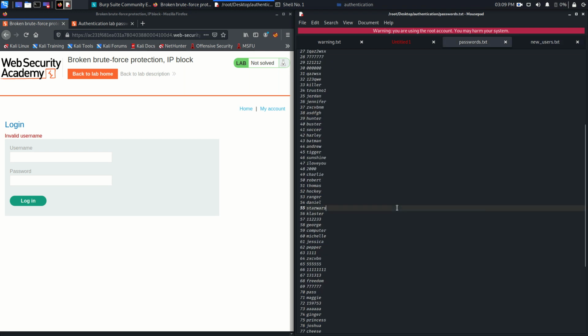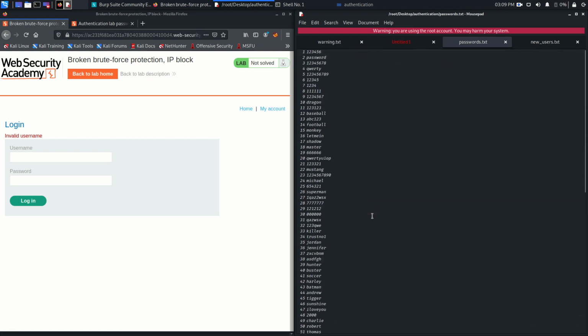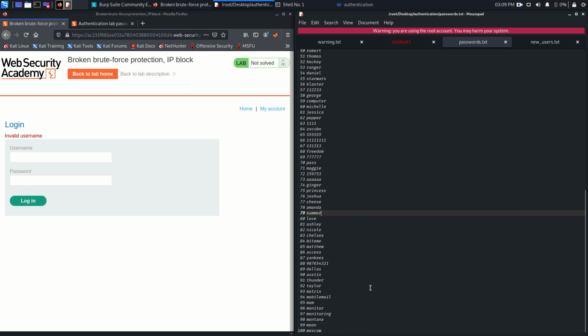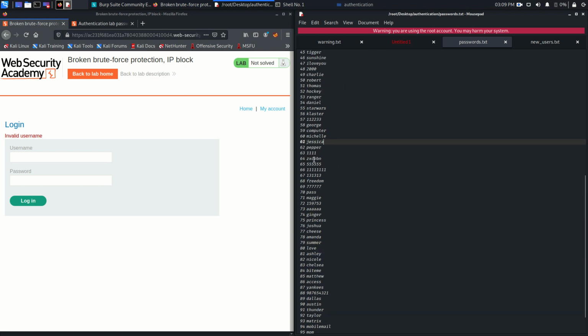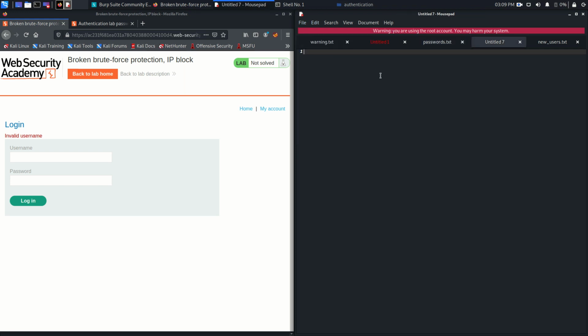Why do I need 200? Because in the password list, we can see 100 passwords are there. So if we put an alternate password Peter, then 123456, then Peter, then password, then Peter, then 12345678, then Peter, and so on, this password list is going to be 200 lines. But this is a pain if you write Peter manually again and again, it will take too long. So for this I'm going to automate that and create a word list